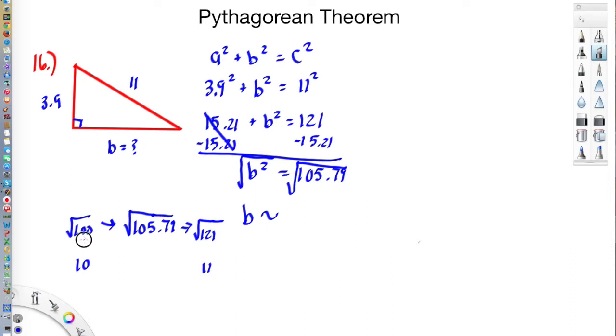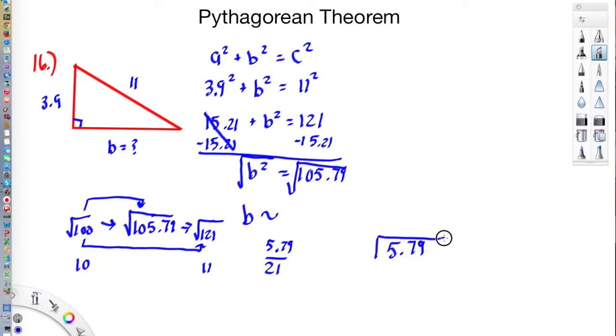Again, let's find our span here from our two perfect squares. The difference between 100 and 121 is going to be 21. And our difference between 100 and 105.79 is going to be 5.79. So I got to take 5.79 and divide it by 21. Okay,